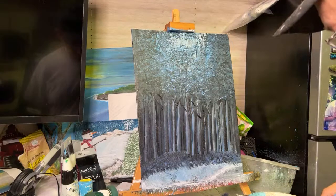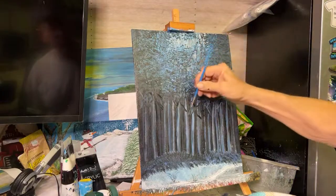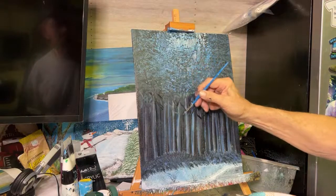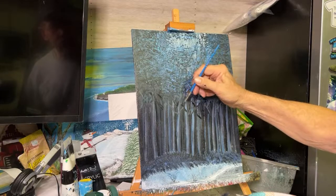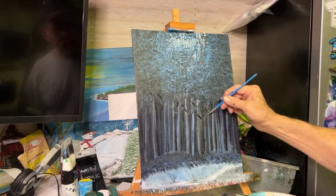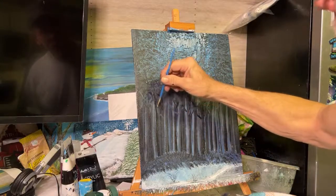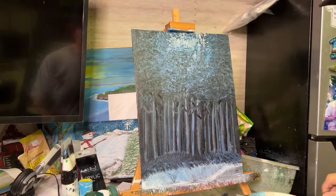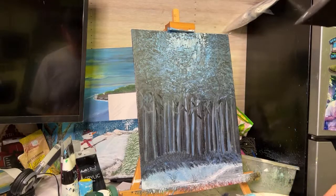We are mixing the sky color and the blue color with a little bit of black, looking to make branches that have different colors and bring our forest down. Bring a few branches down. And we take a little bit of